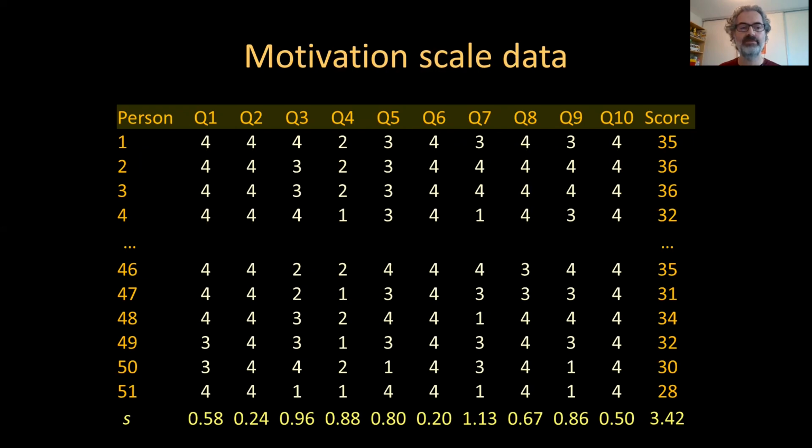And on the bottom here, I'm showing the standard deviation of each column. So the first question, the first item with these values has a standard deviation of 0.58. The second item has a standard deviation of 0.24, so less variation here. The third item has a standard deviation of 0.96, so more variation in the third question. And there is also the standard deviation of the total scores. Each person gets a total score, and this is the standard deviation of the total scores. And the square of this is the total variance in this test, is the variability in test scores that we're interested in